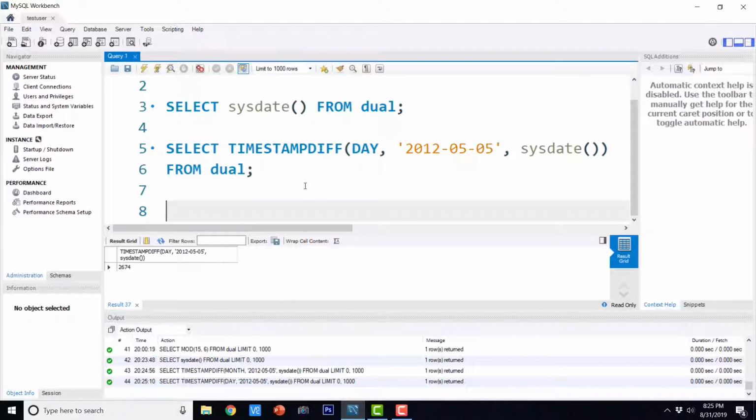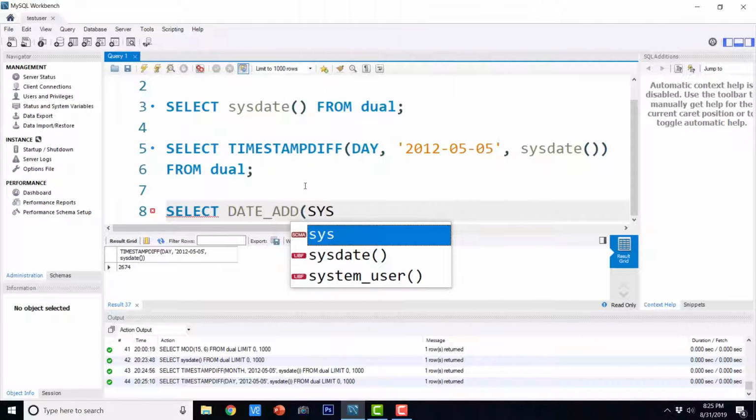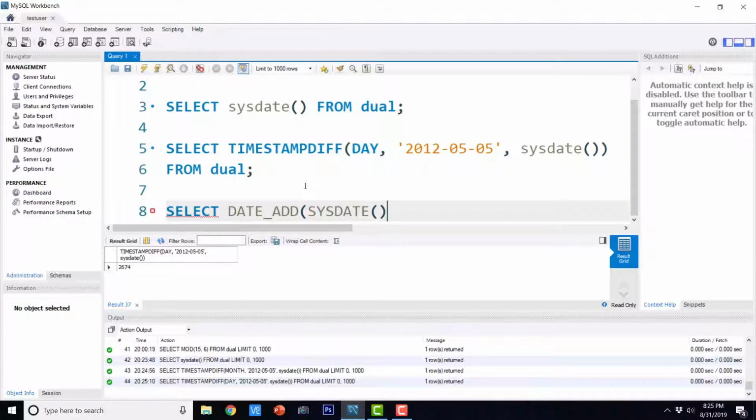Okay. Now I'm going to see how we can add days to a given date. So select date_add sysdate, comma, interval 10 day. Obviously this is going to add 10 days to the given date.